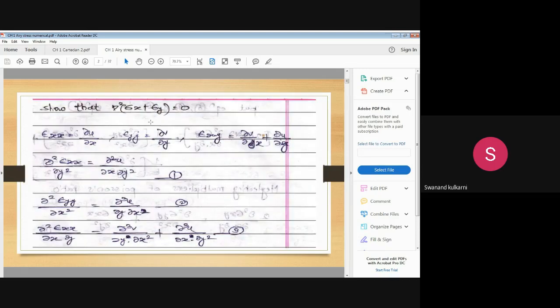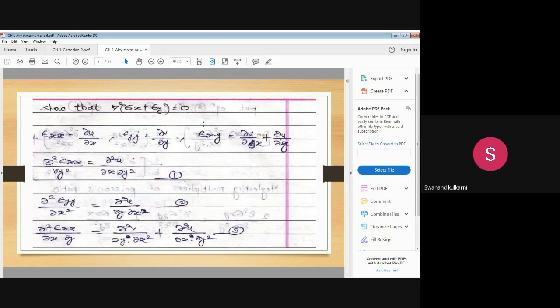So this particular ∂v/∂y, which is differentiated two times with respect to x, in the first differentiation will become ∂²v/∂y∂x, and in the second differentiation it will become ∂³v/∂y∂x². Is it okay? So this is the equation which we can understand as equation number 2.